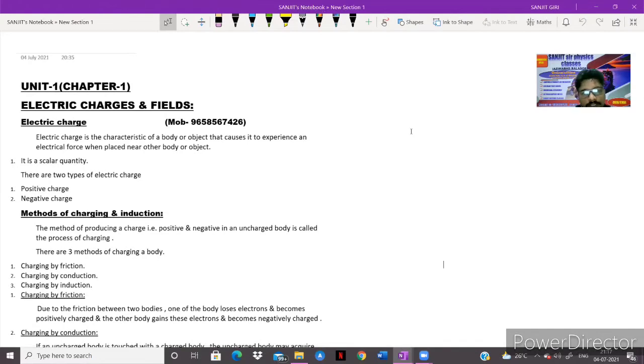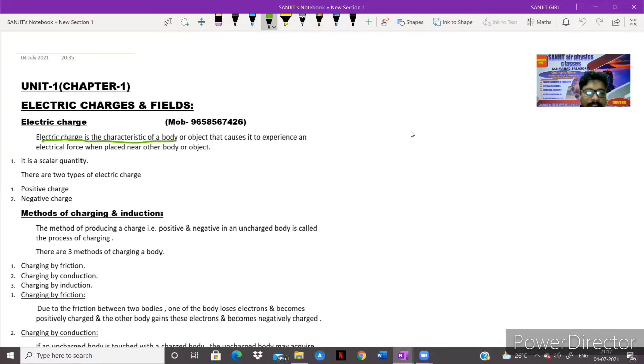So today we have discussed unit 1. This is chapter 1, electric charges and fields. First, today we have discussed electric charge. So electric charge